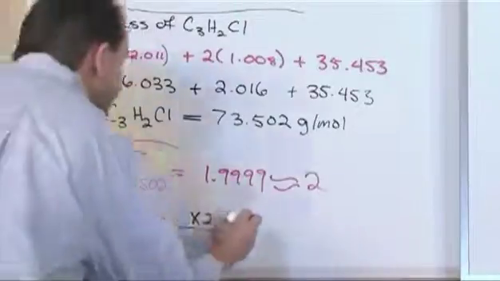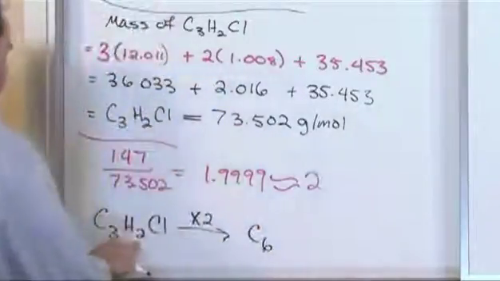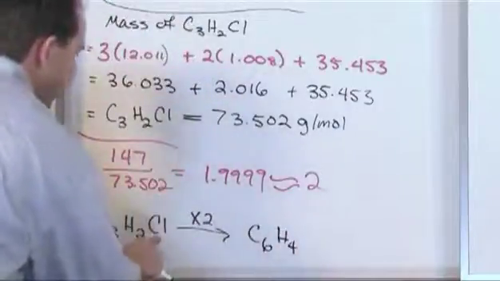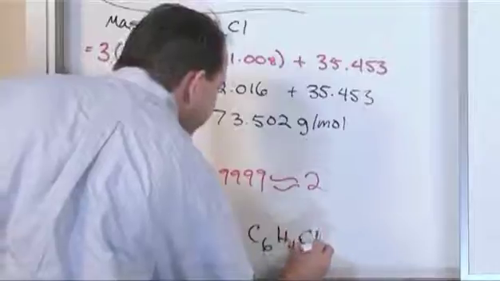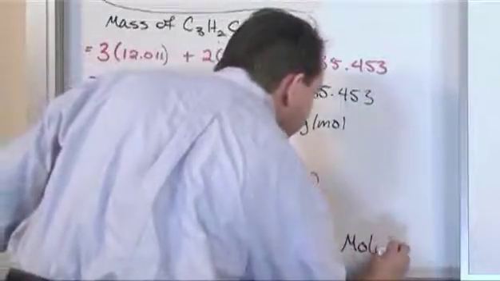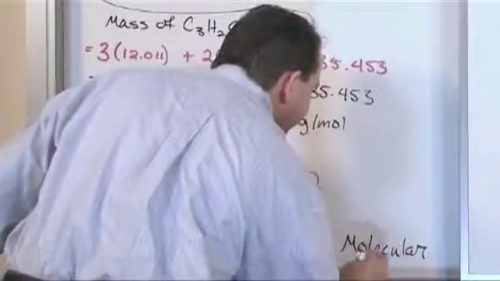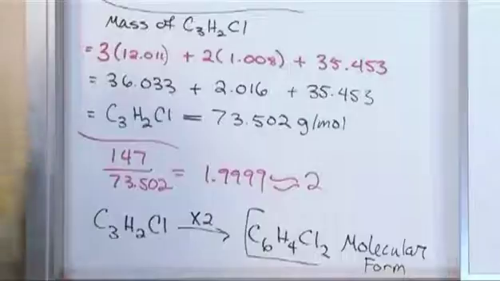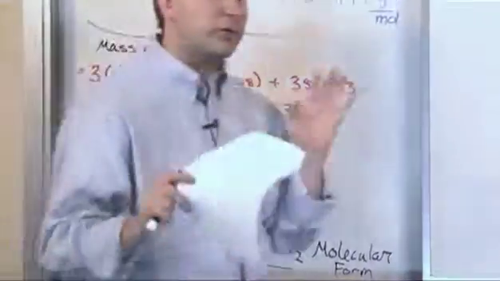So 3 times 2 is 6. 2 times 2 is 4. Chlorine, 1 times 2 is 2, Cl2. This guy is the molecular formula. Right? C6H4Cl2 molecular formula. So this is very important because this is going to be sort of a bulletproof thing that